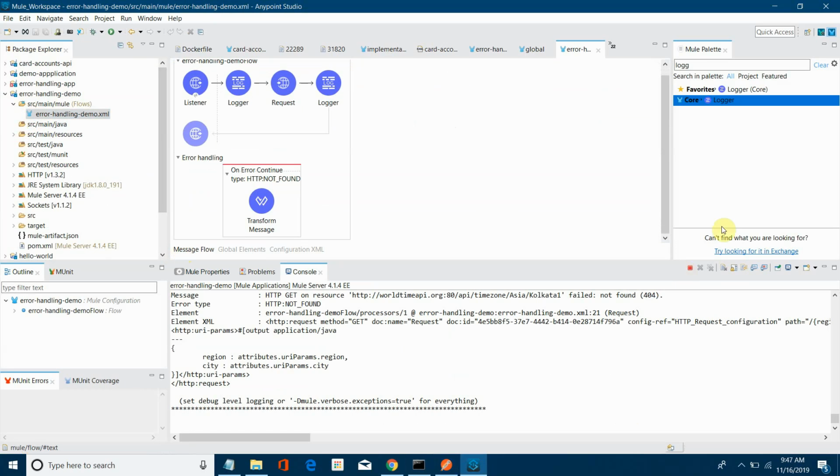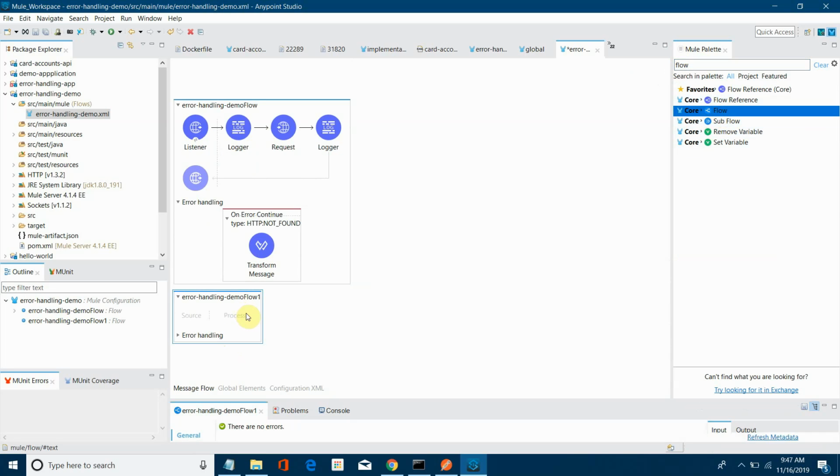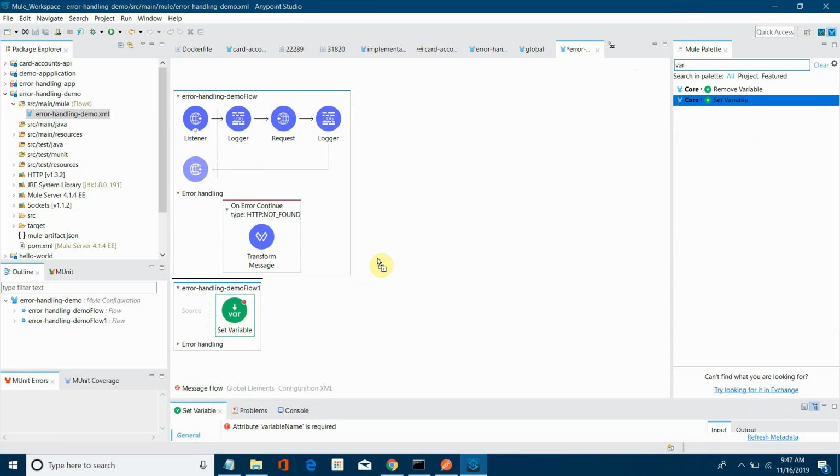What we will do, I will create one more flow. I will take this flow and I will use some variable, set variable. I will require two variables. I will put two variables here. So first